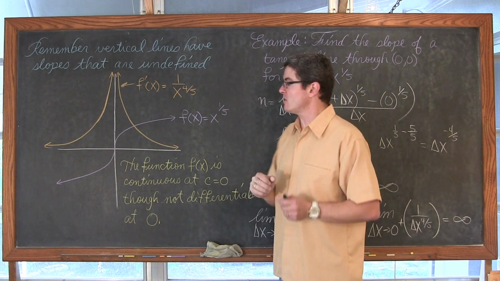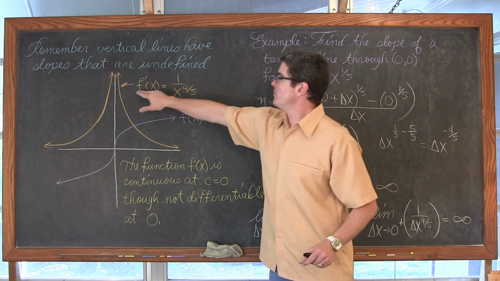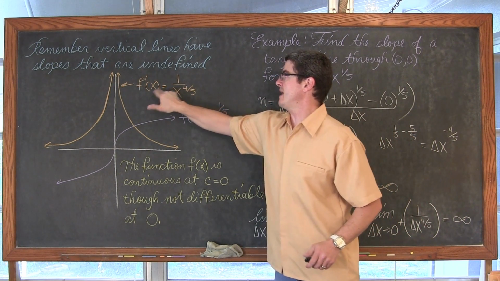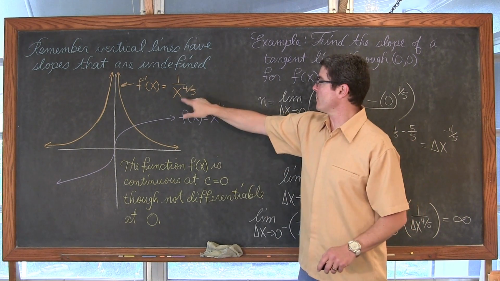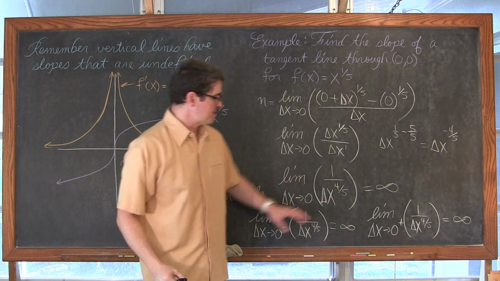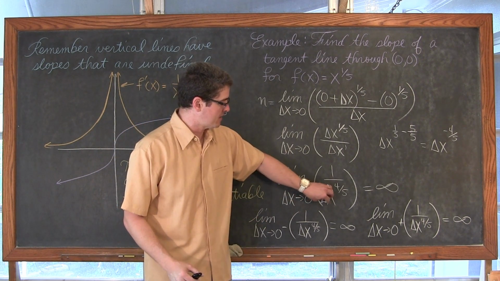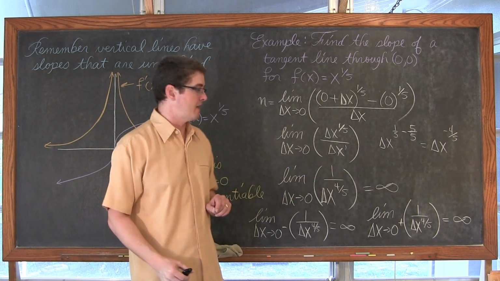So I'm getting ahead of myself here a little bit because of all these concepts I'm trying to lace together for you. But f prime of x, or the derivative of x, is equal to 1 over x to the 4/5. I'm kind of just taking this delta x here. We're still trying to find the derivative at a point, but we can see that there's some kind of variable here to the 4/5 in the denominator.